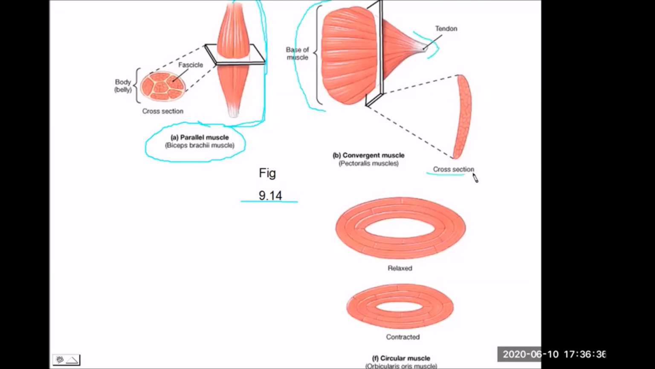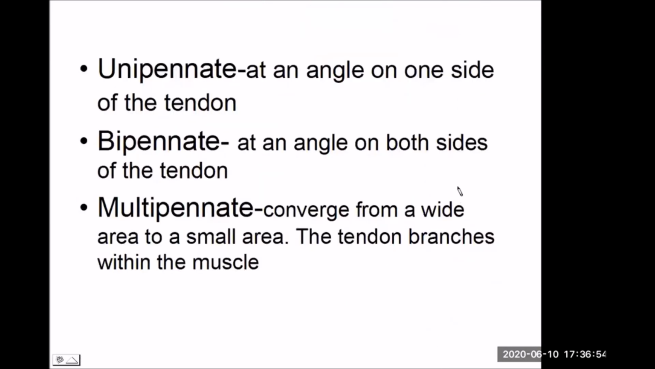This cross section will become important in just a moment. And a circular ring. You notice that its function is to close off and constrict some orifice. So now these latter three shapes here, the pennant shapes, uni, of course, meaning one, the muscle fascicles connect to